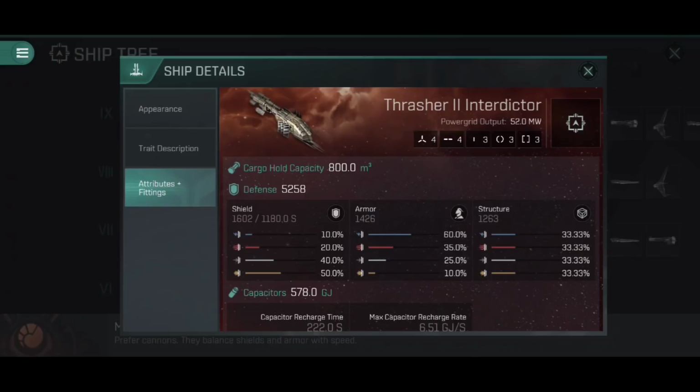First of all, its fitting profile. We've got 4 high slots, 4 mid slots, 3 low slots, 3 combat rigs, and 3 engineering rigs. Now, of course, I'm going to sit there and come up with my usual line, I wish that was 5 high slots, but hey,